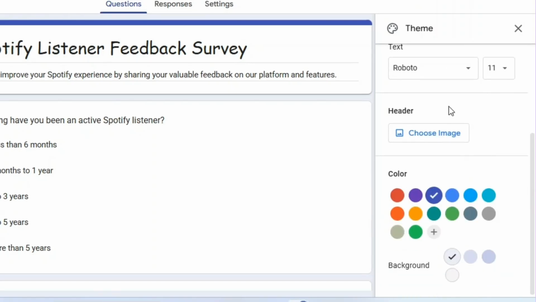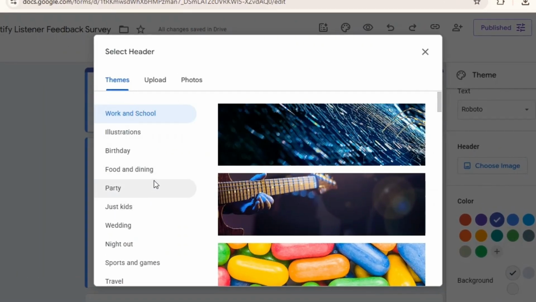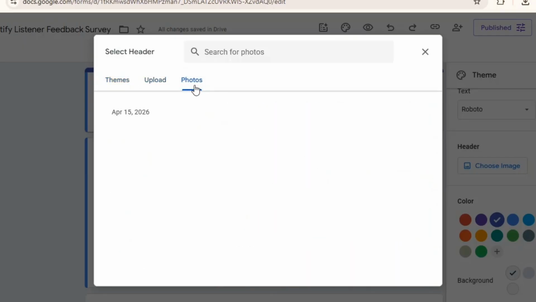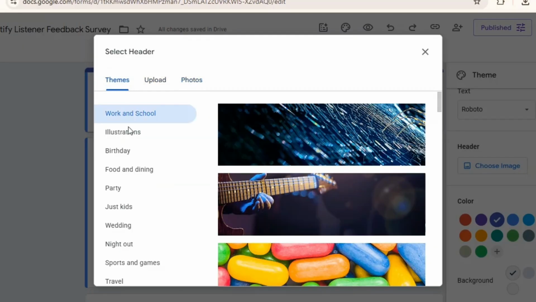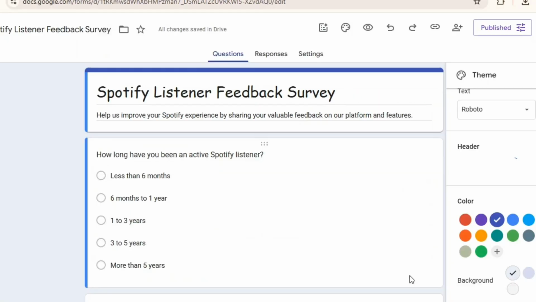Moving down, we have the header section. Click Choose Image to give your form a visual identity. You'll see 3 tabs: Themes, Uploads, and Photos. The Themes tab offers a variety of categories to browse through. Once you find one you like, just click it and hit Insert to see it appear at the top of